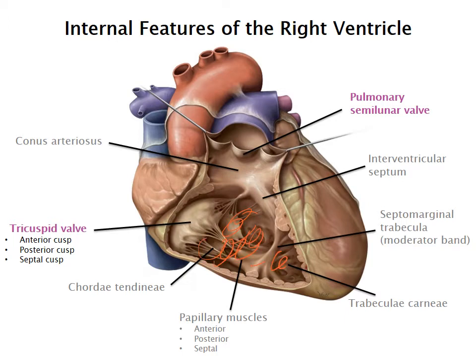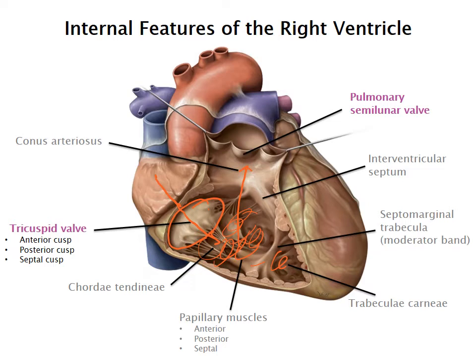Well, it came this way from the right atrium through what looks like a parachute. It came down through this tricuspid valve, and now the blood resides in this right ventricle and is going to get kicked out this way through this